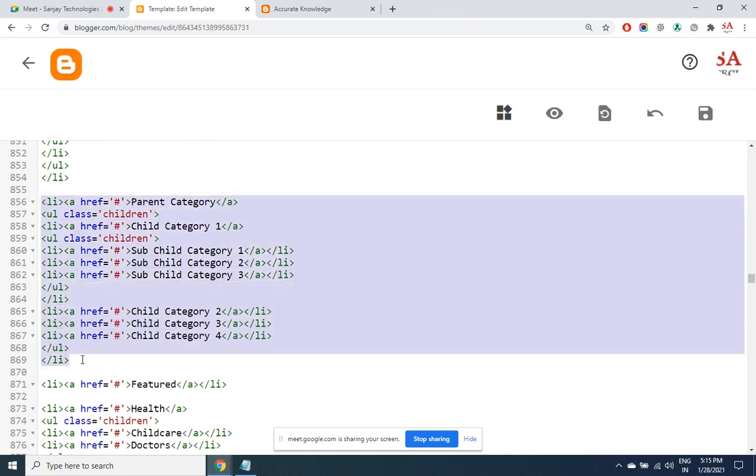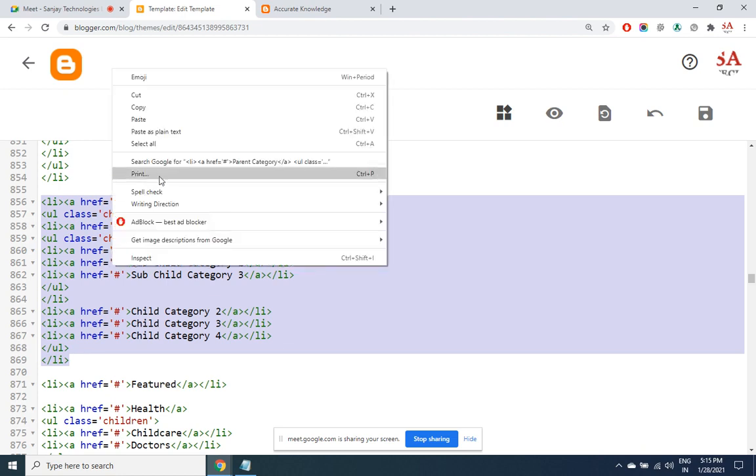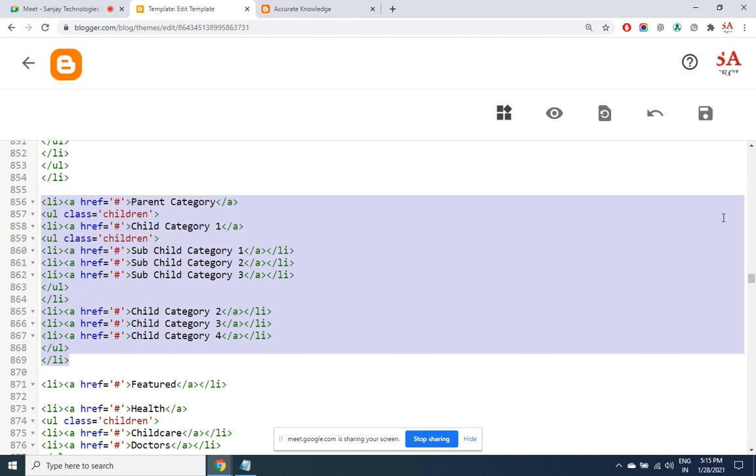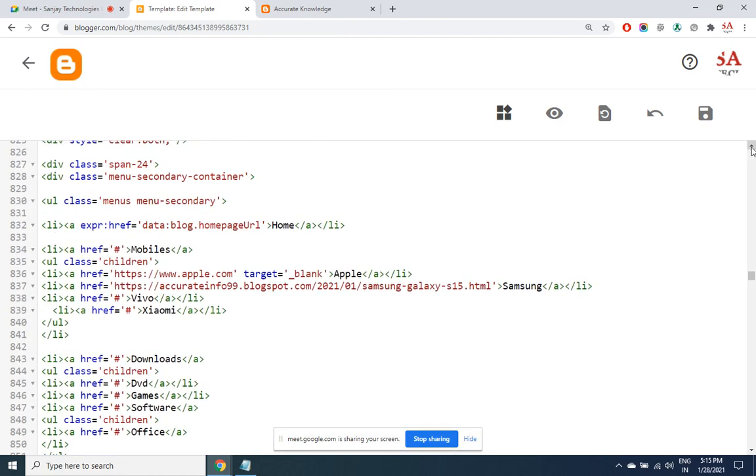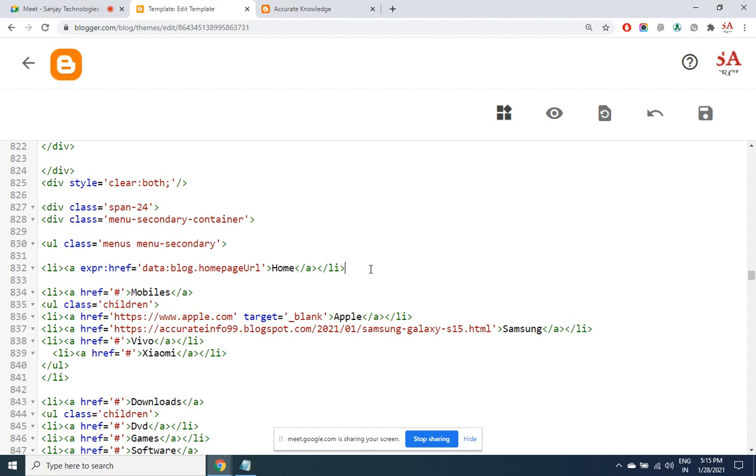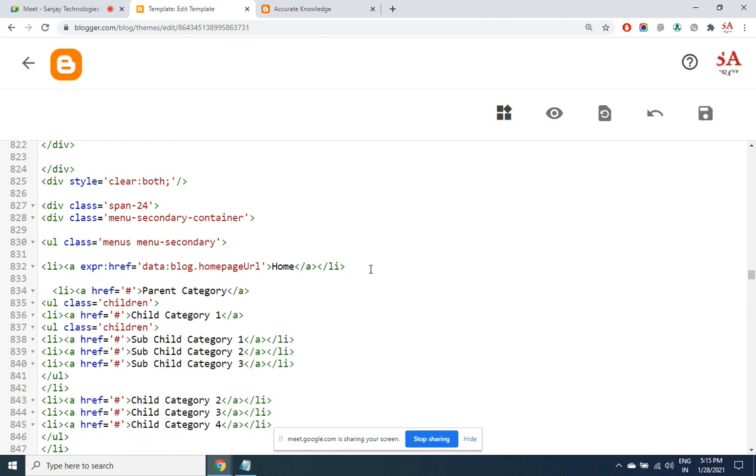Very clearly you can make out what section of the code has to be copied. So I copy these entire lines of code and place it right after home. Click on save.